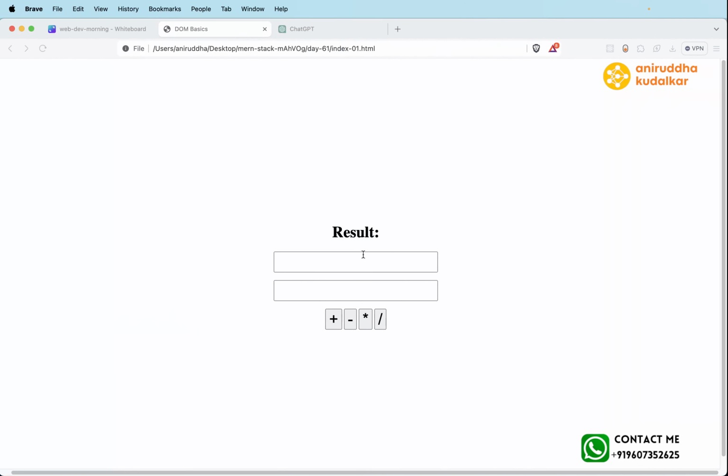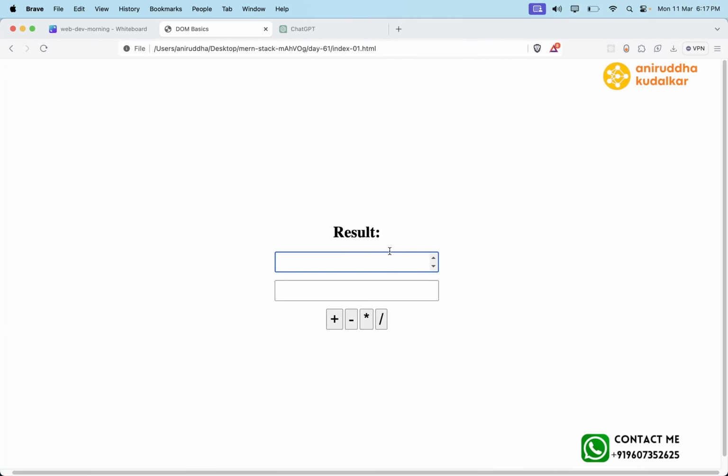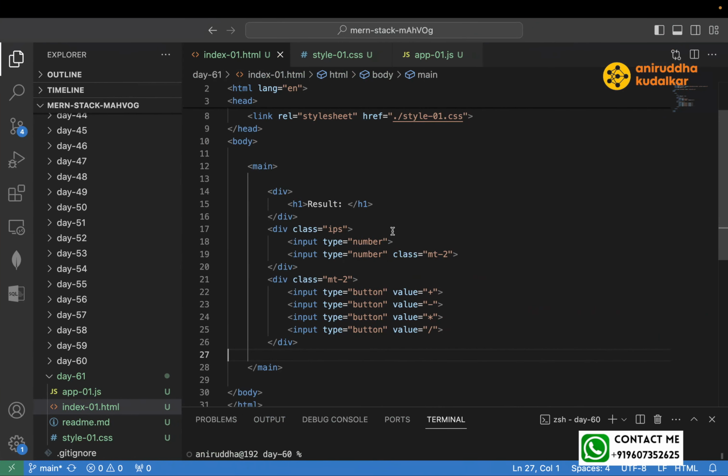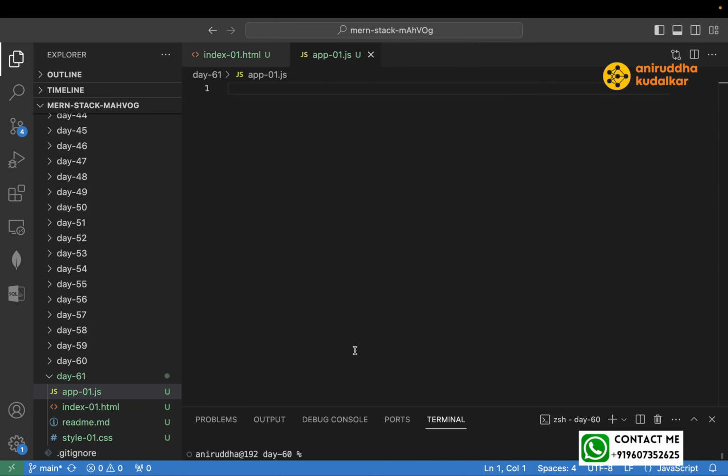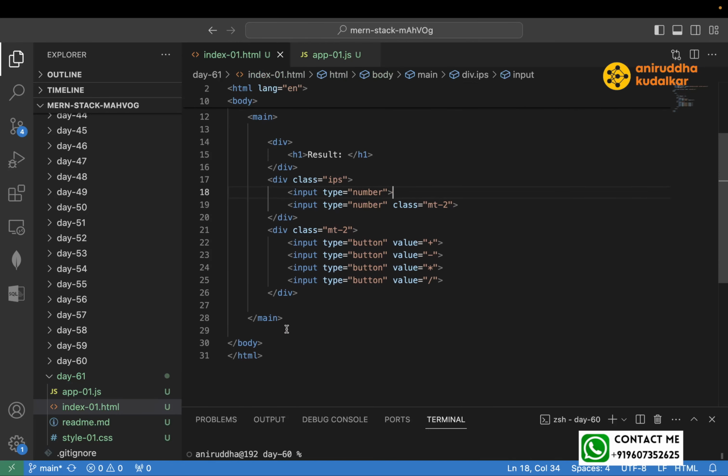This is the basic UI. We have developed a lot of UIs. Now on top of this, we need to access these input boxes